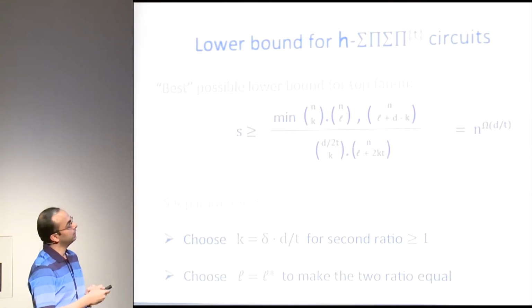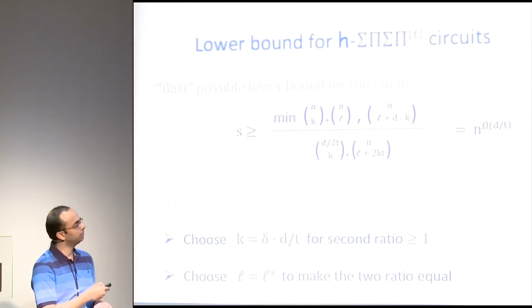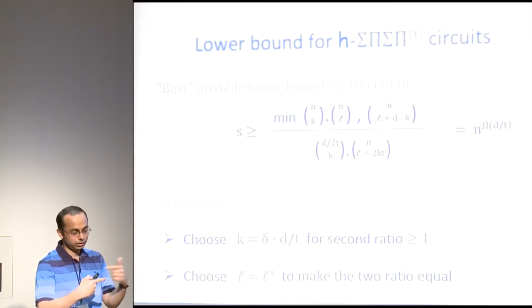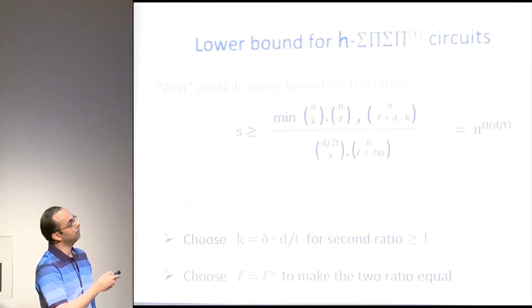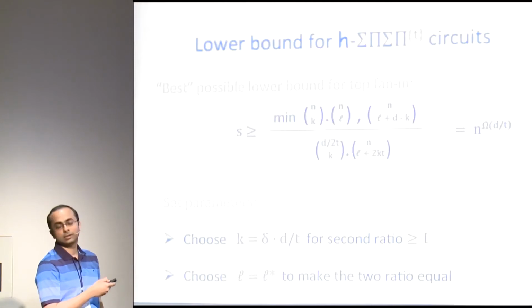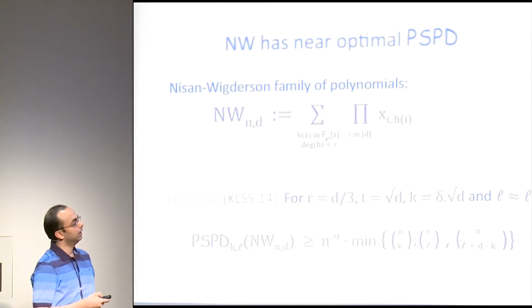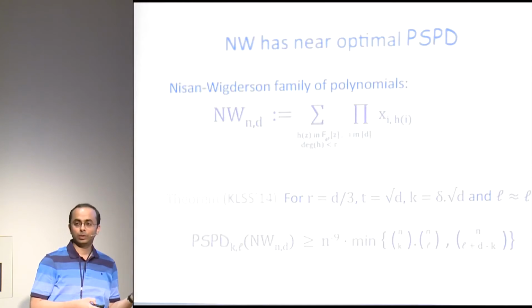And K, you can easily see that I have to choose kt to be less than d, otherwise this term will be really small compared to this term. So the choice of K becomes obvious once you stare at this ratio, that it has to be some delta times d by t. Then fix that K and do that calculation to find the sweet spot, and you get an L prime, and once you plug in that L prime, you get once again this n to the d by t. Okay, so now we are done,